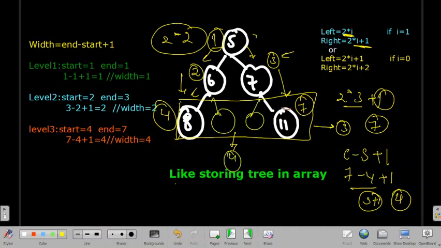Still the nodes are null and we haven't traversed here, still we got value equals to 4, which is correct. This is because of the starting indexes and end indexes, that is leftmost and rightmost indexes. So we don't have to see how many nodes are there in between, just using leftmost and rightmost indexes we can solve this question. I hope you got this point.